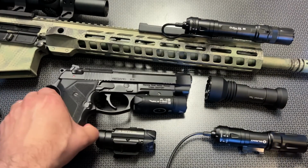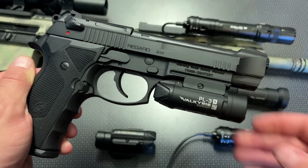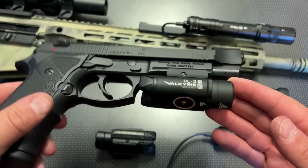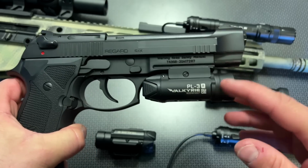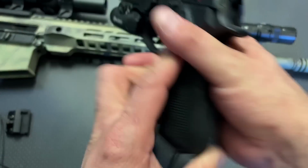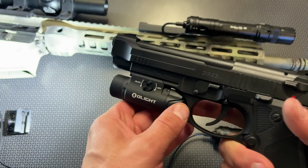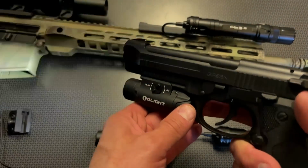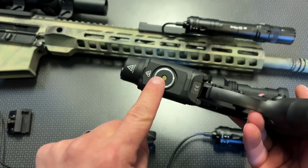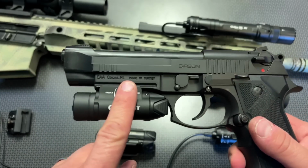The first one I want to discuss is actually the PL3R Valkyrie. This is a brand new light that's just released for this sale. It's got a track system built in so you can adjust it forward and back on a pick rail or a Glock rail. It locks up rock solid with this twist locking system, push button operation, a low and high setting, and a strobe. It also has a magnetic recharging base, and it's on sale, down from $100 for the normal price